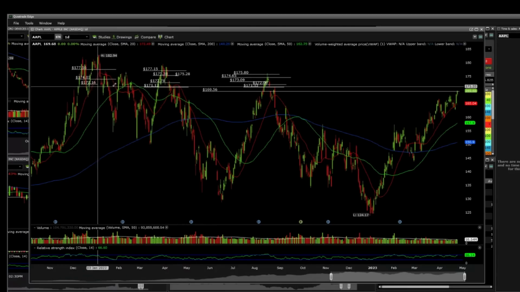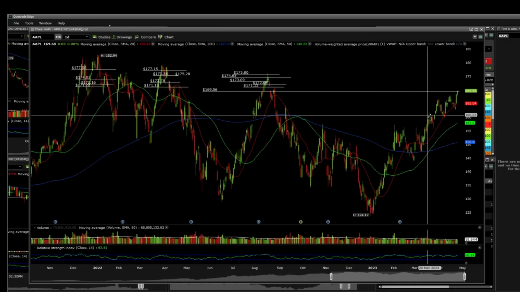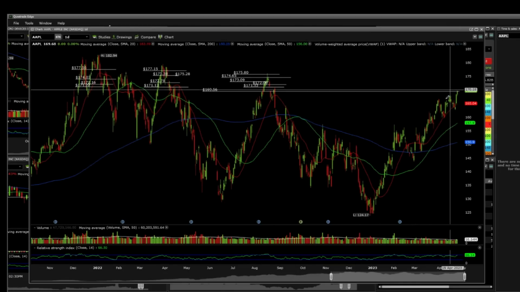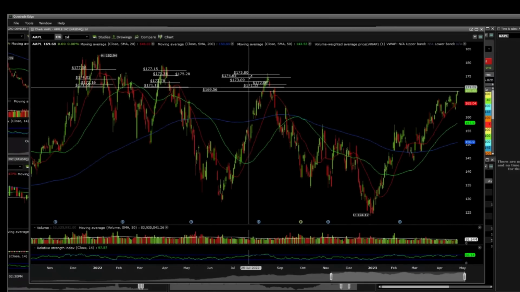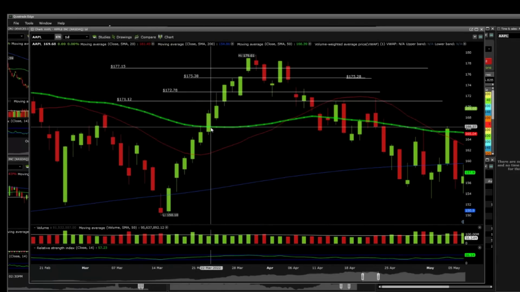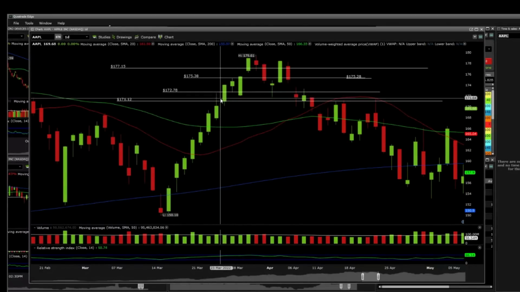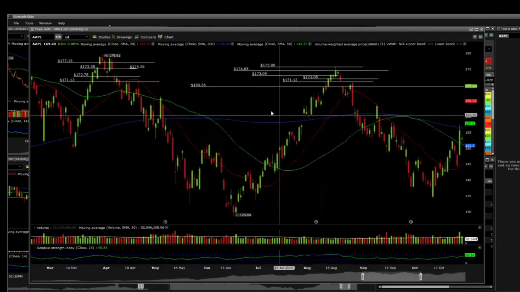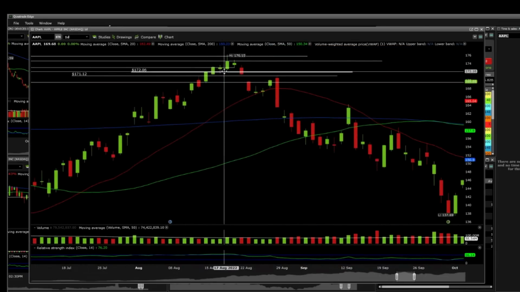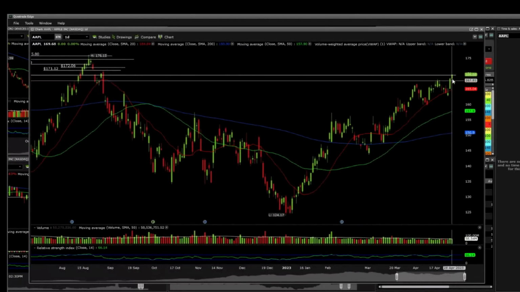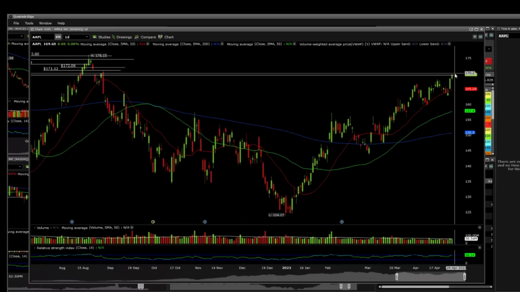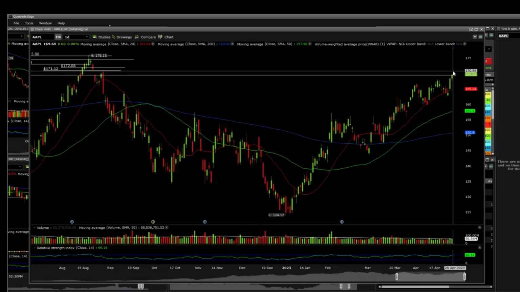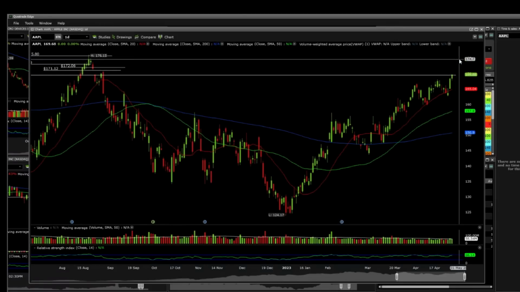Okay, so I'm just showing you the consolidation. Apple's moving into this area again, usually before it pulls back, and this is on the daily chart. So just to give you some reference here, right? When it breaks into this, it can go 1, 2, 3, 4 days, maybe 5 days, and then pulls back. So even if probability wise we break into this and this whole week Apple's green every single day, plus because Apple does have earnings, I mean it can get to 175.